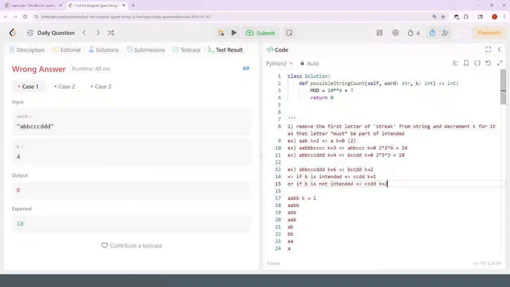Because k is the number of things that she fully intends to do, and if that B is not intended, then the number of letters of the remaining stuff that she fully intends is still the same amount as before. Now, moving from this,